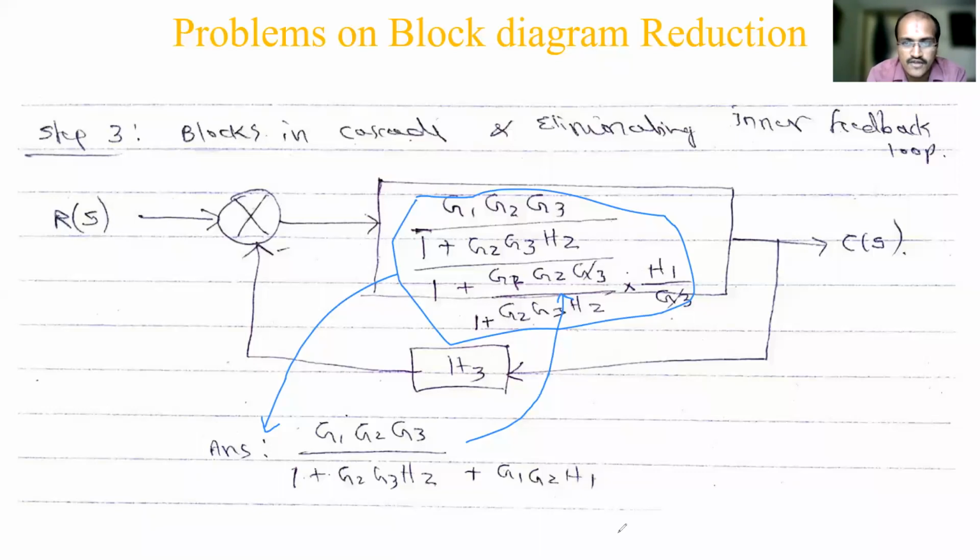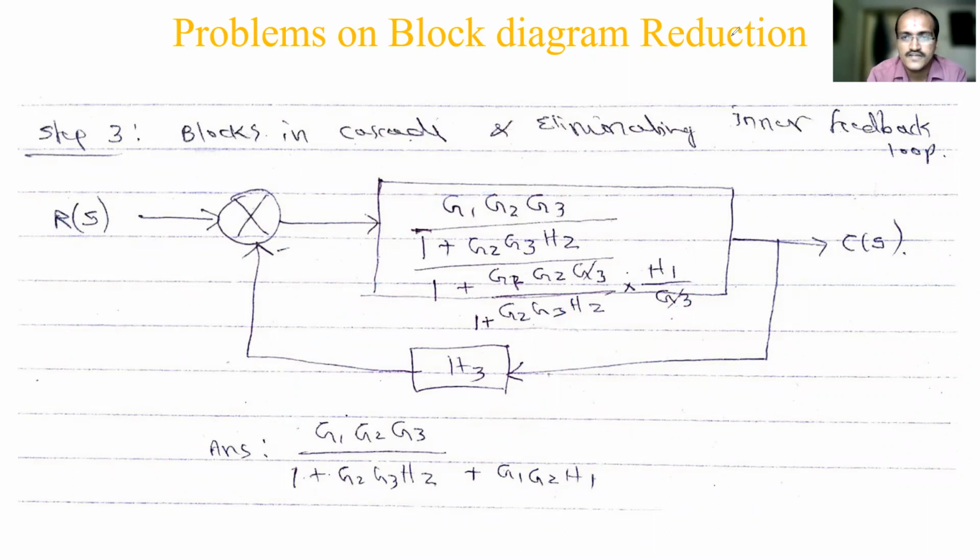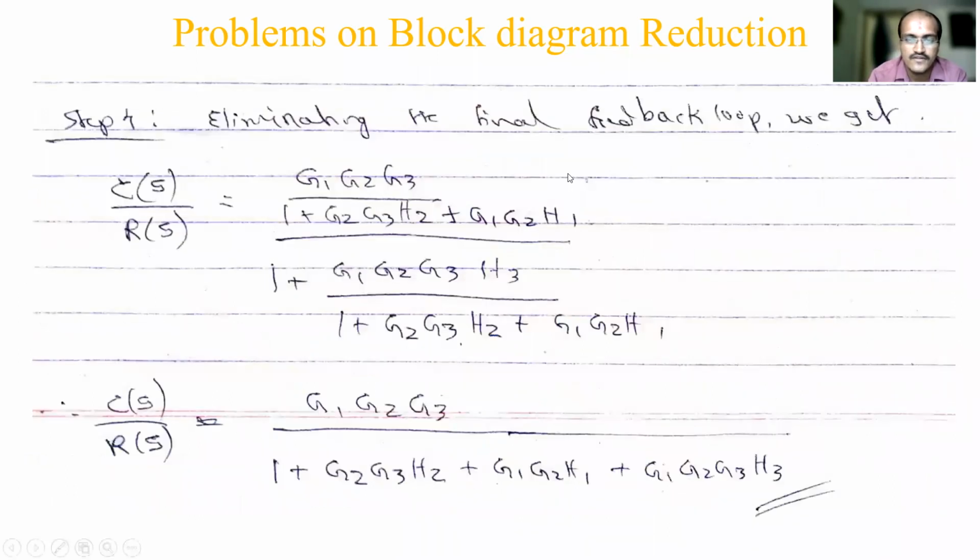So in this case, what I have to do, I have to write one more step. Otherwise you may get confused with taking the G value. So that's the reason I told you, while writing in notes, you do it in reverse. So then the next step, this becomes your new G. So last, eliminating the feedback loop, this is your G, and H3 your H, and minus sign is there. So G by 1 plus GH you will get. So overall transfer function C of S by R of S you will get. So that is your last step. So very first it is taking too much time, right? So once you are understanding the steps, it will be done very quickly.